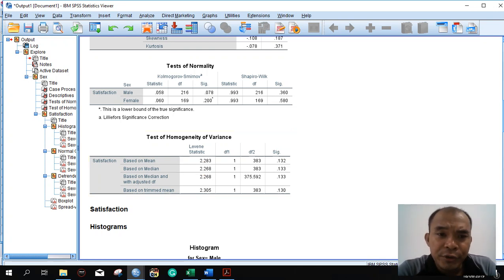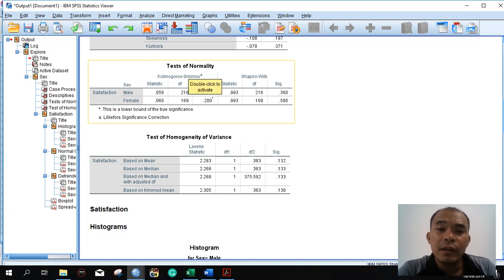Okay, so let's try to analyze. In the book of Andy Field, he only used the Kolmogorov-Smirnov test, although we can also take a look at the Shapiro-Wilk test. But in this case, we're going to look only at the Kolmogorov-Smirnov test. Okay? So what is the rule again? The rule is,